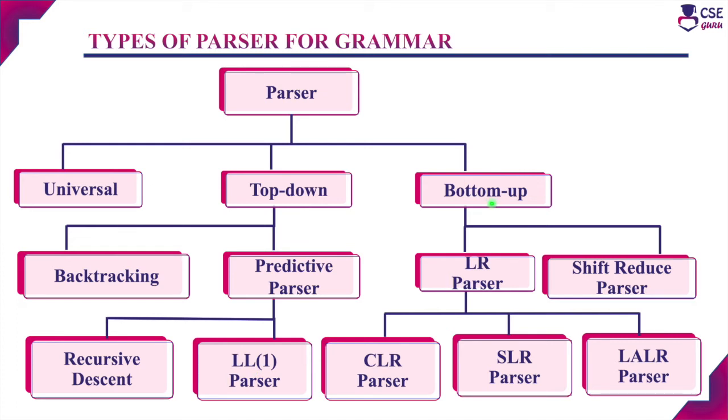It will start with the given input string as a leaf node and proceed upwards to construct the start symbol of the grammar, that is the root node. The main problem in top-down parser is it cannot handle left recursion or left factoring. But in bottom-up parser, left recursion or left factoring is not at all a problem. It is more powerful than the top-down predictive parsers.